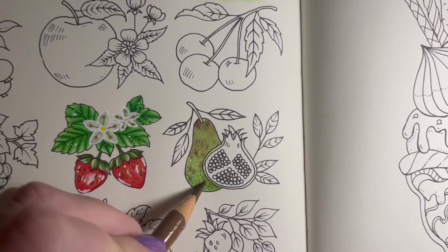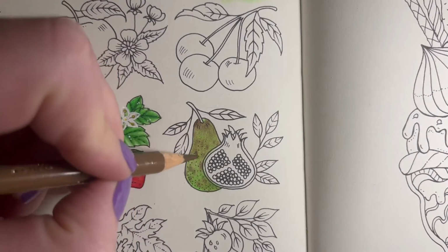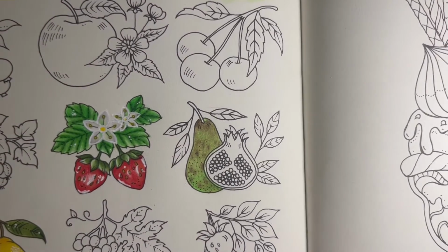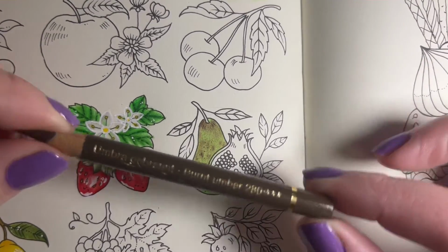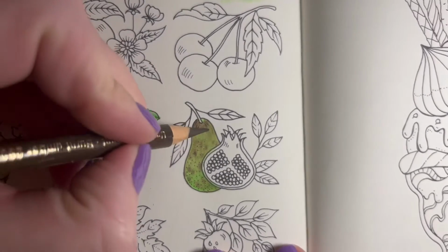Because that's what pears look like, they're not just green, are they? I'm going to get some of those spots a bit darker near the top as well. So going back in with the darker brown, which is the Burnt Umber 280, I'm going to just pop some